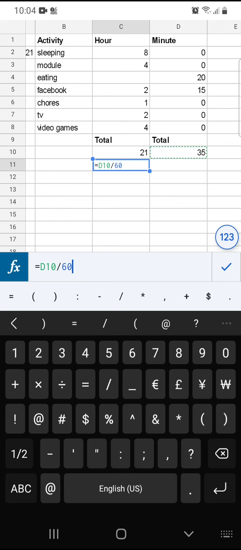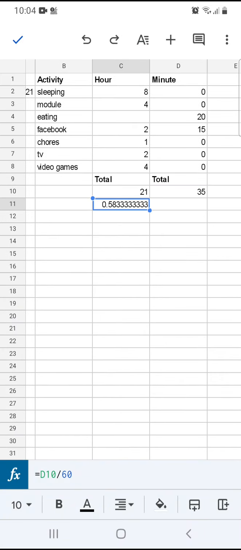Itong equals. And yun. So it's 0.583 something. So this one, ito yung equivalent hours niya. Kung i-convert natin itong 35 minutes, ito yung equivalent na hours niya. Okay? Now, after that,